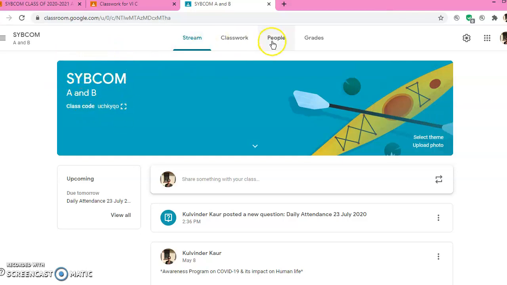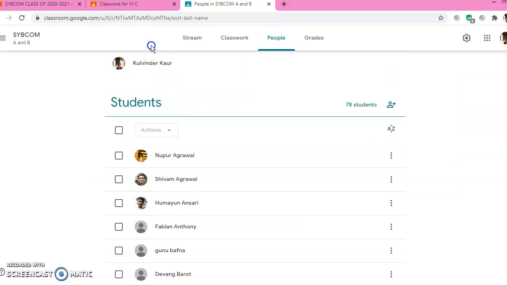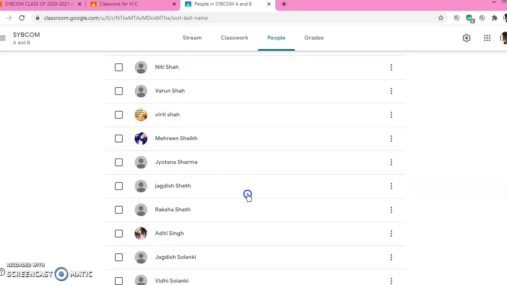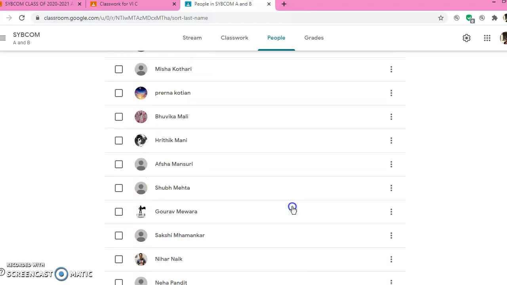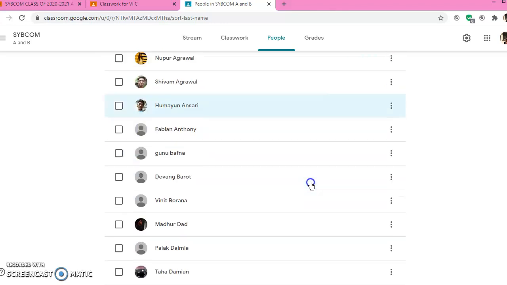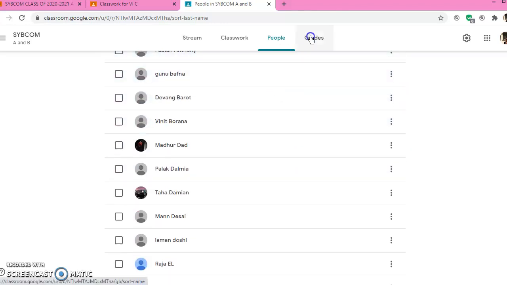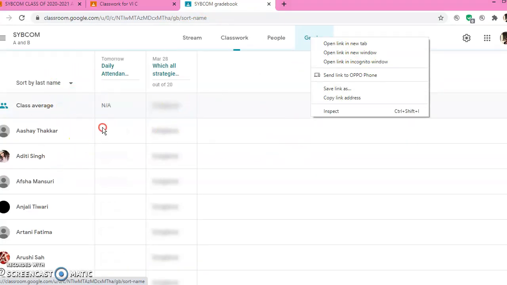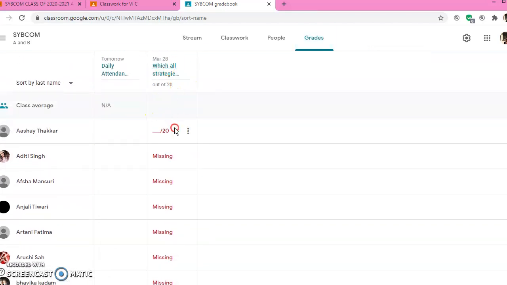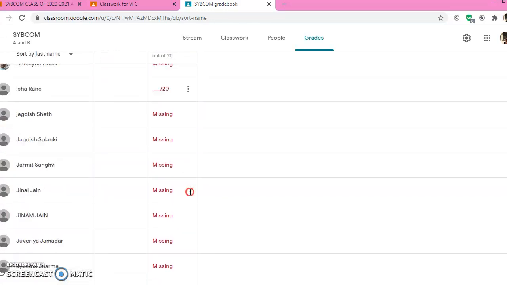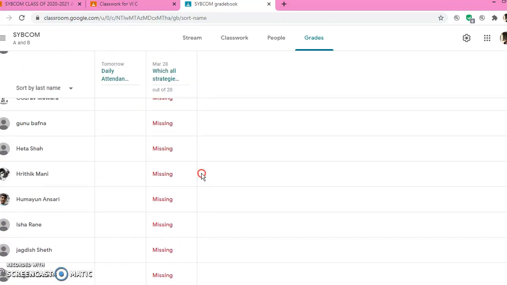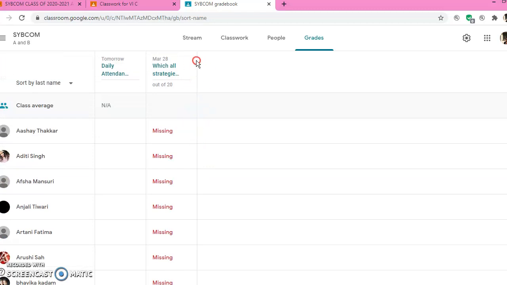This is the name of the class. And under People, this is the name of your teacher, your name will come, and these are all your students. Once your students have joined the class, you will be able to see all of them here. And once you share quizzes with them and you mark them, you will also get to see their grades. So everything is automatically managed, including the class average. If you have asked questions and given them out of 20, you will see all their marks. So Google Classroom is also automatically preparing the mark sheets, which you don't have to do. So nothing has to be manual here. Everything is being digitally managed.